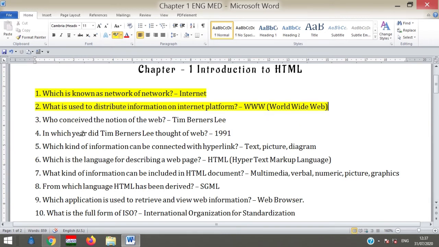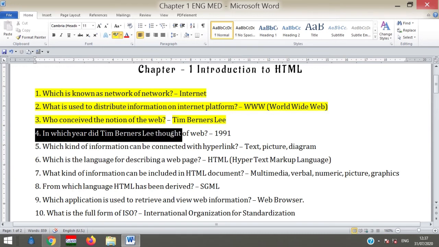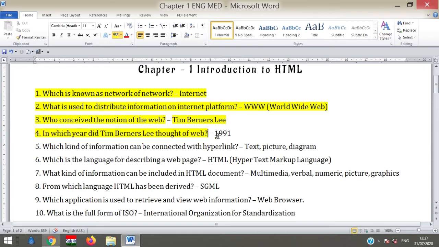Okay. Who conceived the notion of the web? The answer is Tim Berners-Lee, the founder of the WWW. In which year did Tim Berners-Lee think of the web? Its answer is 1991.